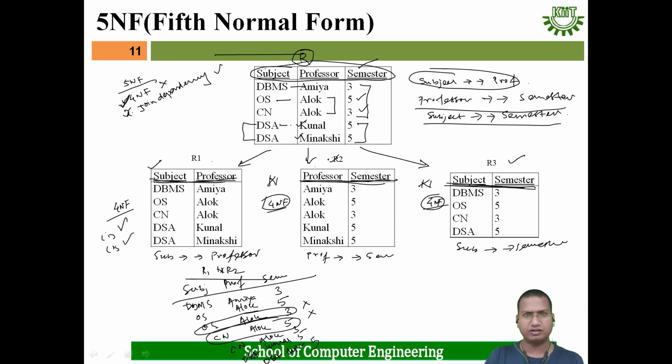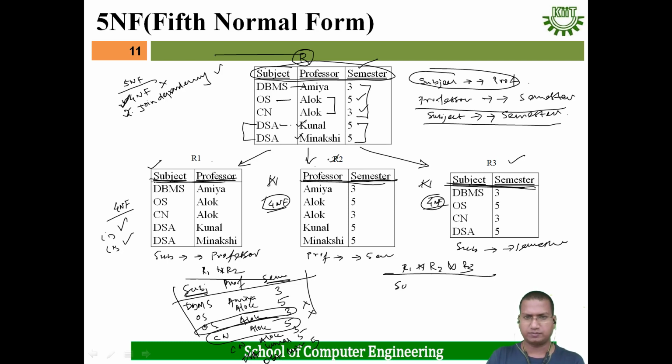That's why if we divide the original relation into two tables, then we cannot say that joint dependency is there. Now we will join R1 join R2 with R3, then we will see what result we will get. Here subject and semester are both in common. That's why we will get the result R1 join R2 join R3.